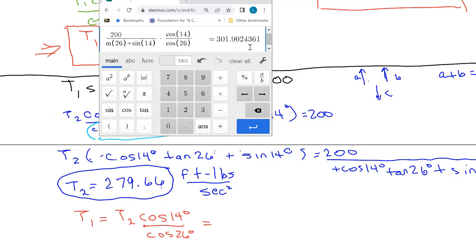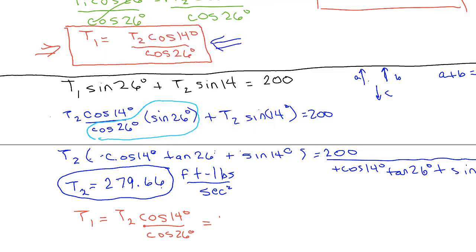And there we have our answer, 301.9. Now I know T2 and I know T1, and I of course know W. W is equal to negative 200